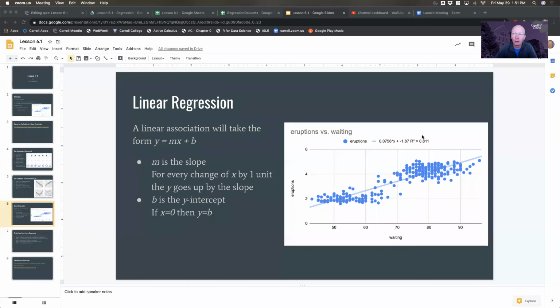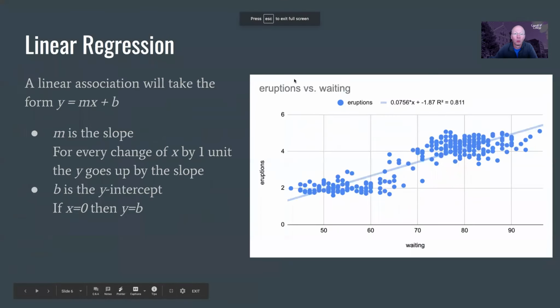Okay, let's look at a few more of the details associated with doing a best fit line on multivariable or two variable data. Share my screen out here again. Okay, so